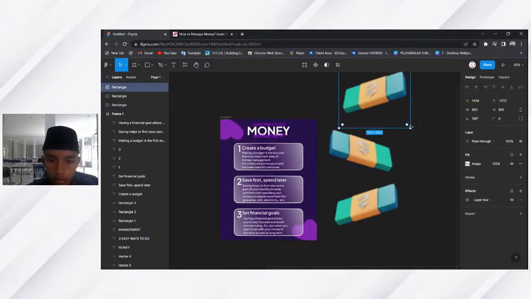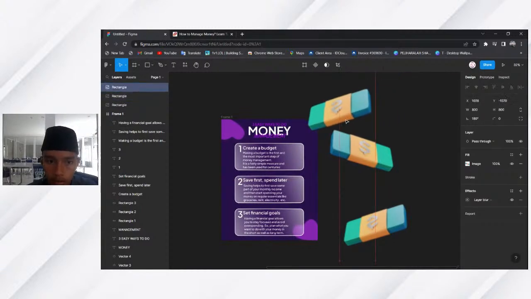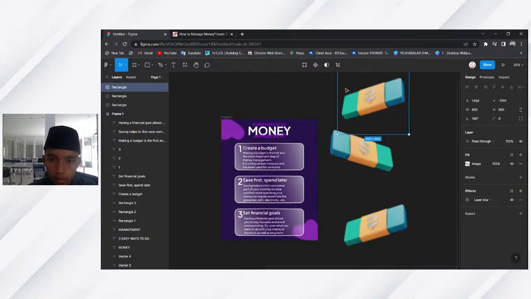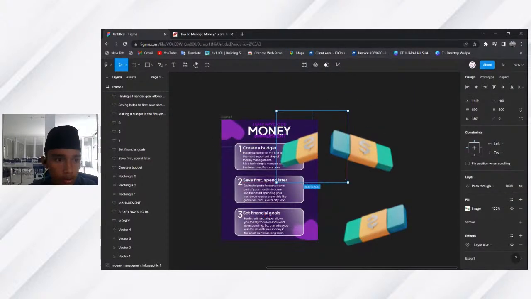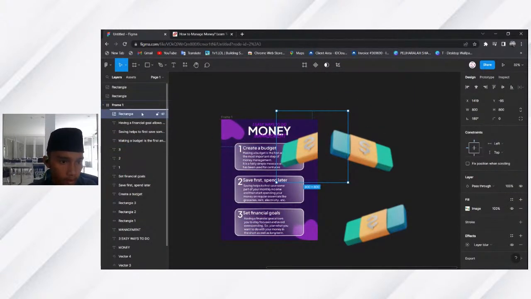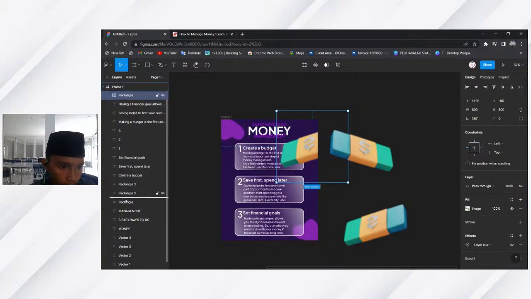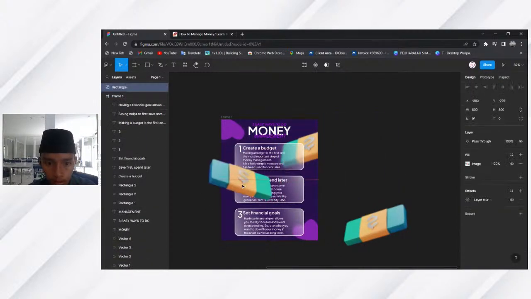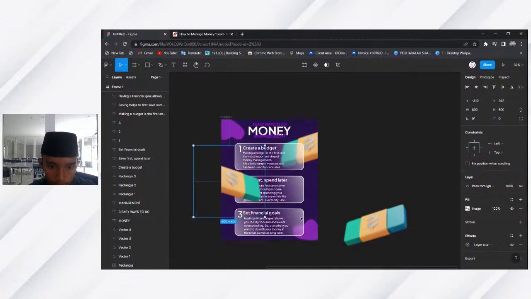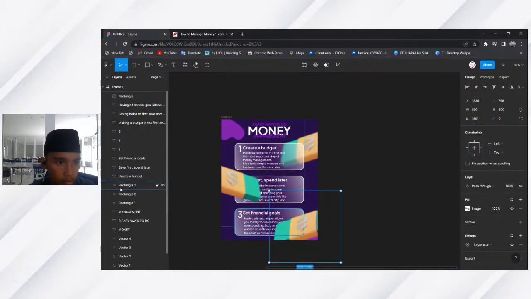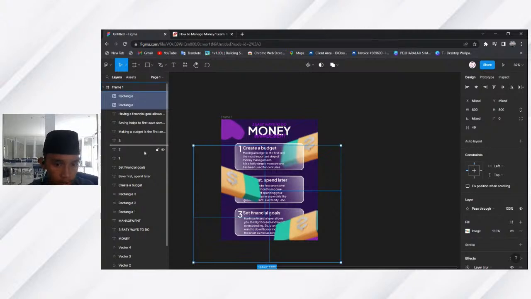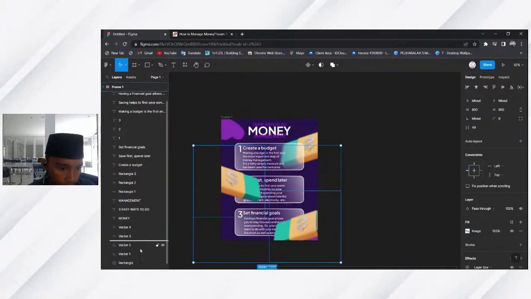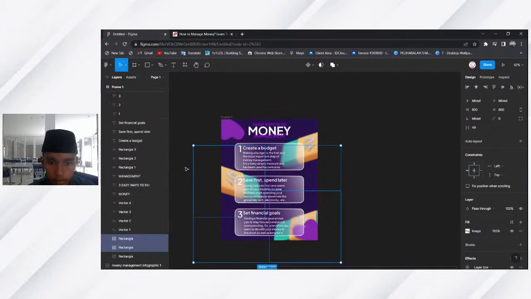Okay. So now you just put this inside the frame. Put this in here, and now put this rectangle, the image, you just drag it down here. Okay, so you do the same for this one and also this one. You just need to drag both of these to here.